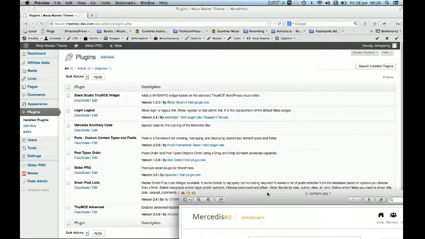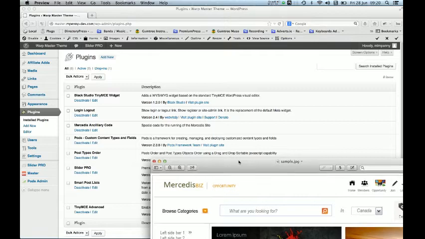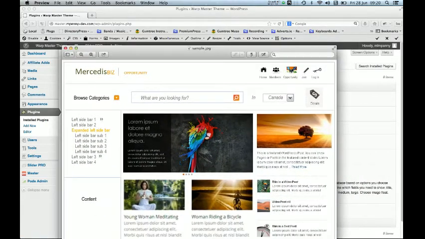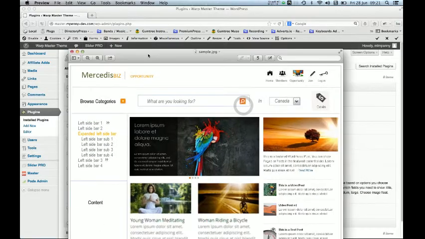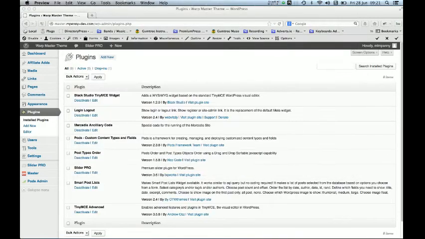However, I'm going to modify it to work especially with this system, in that the links will link to the actual deal and not to anything else. So there has to be modifications put to it. I'll probably change the name of it to say a modified version of Smart Post List to work with Mercedes. I'll look after that to make sure it doesn't update, or they don't try to update it. Secondly,